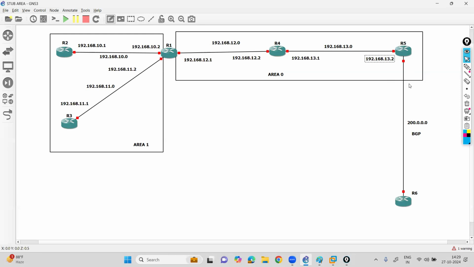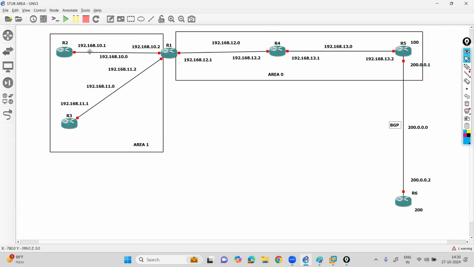Here we do have an IP address on router number 5, that is 200.0.0.1, and on the other side we have 200.0.0.2. The autonomous systems for these two routers are different. Let us assume the AS number for this router is 100 and the AS number for this router is 200. The AS numbers must be different to communicate. In BGP, basically, we can also do it with the same AS number, but let's deal with different AS. Okay. Now,